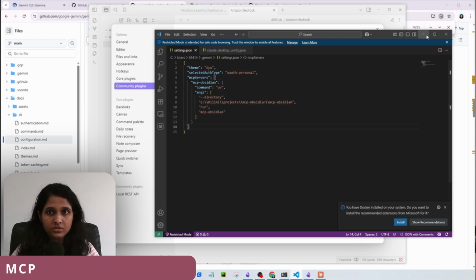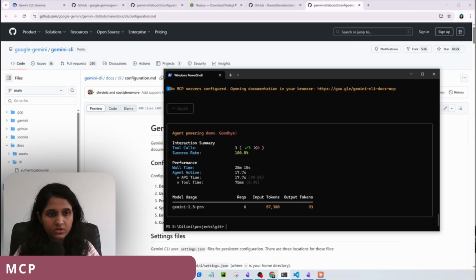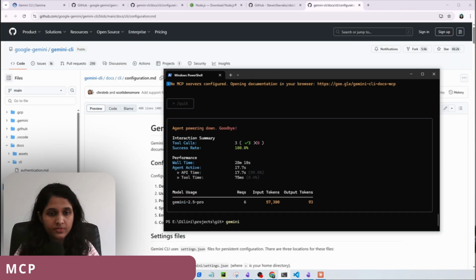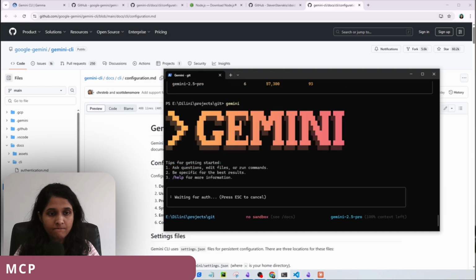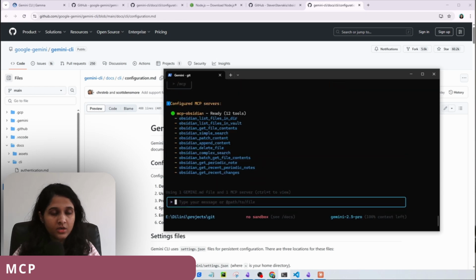And if I save this, let's see if we get anything. Yeah, quit and reload. Yeah, now it shows using one gemini.md file and one MCP server. So let's see what it is. My Obsidian MCP server has been added, and now let's say